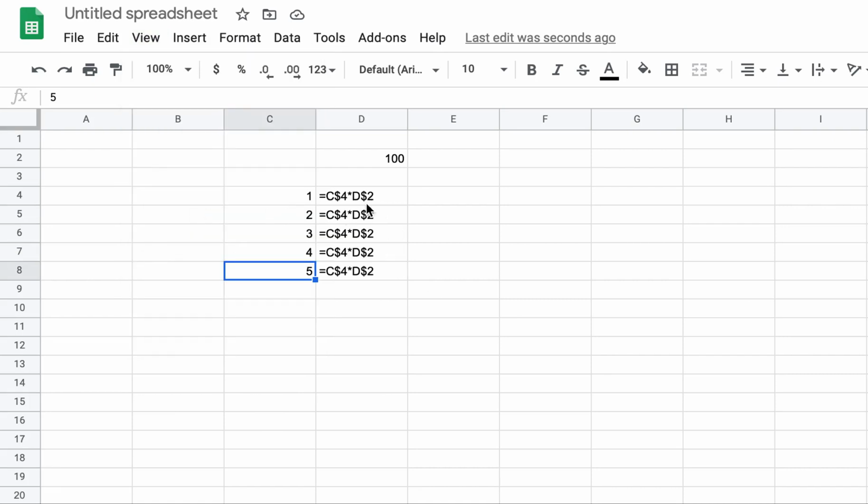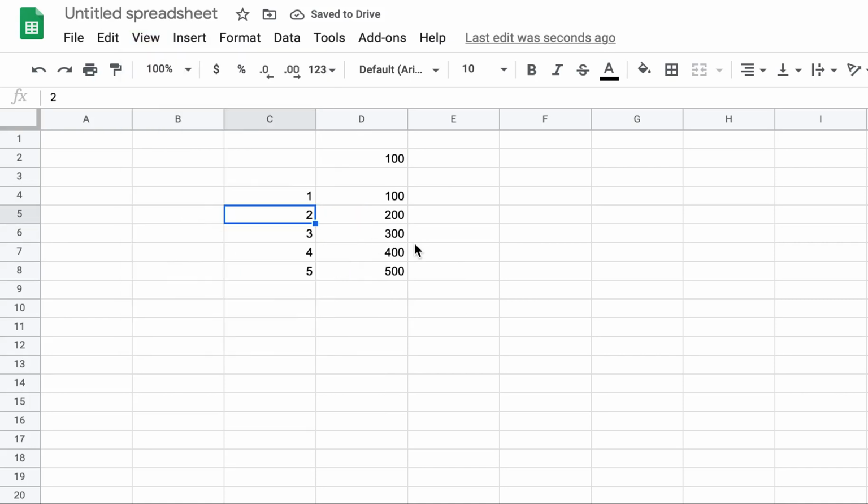But we don't want to do this. This was just to give you an example. What we really wanted was for C4 to change, but D2 to stay fixed. So this is the formula we wanted, and this is the result. And now the smart thing we have done is put a constant upwards. If I want to change the entire table, instead of 100 times, let's say this was X and this was Y, right? And always try to format things a little bit when you do it.